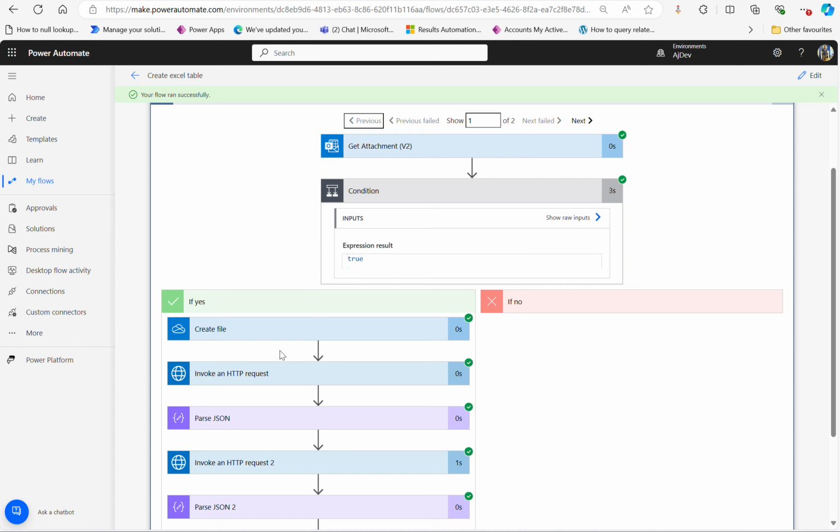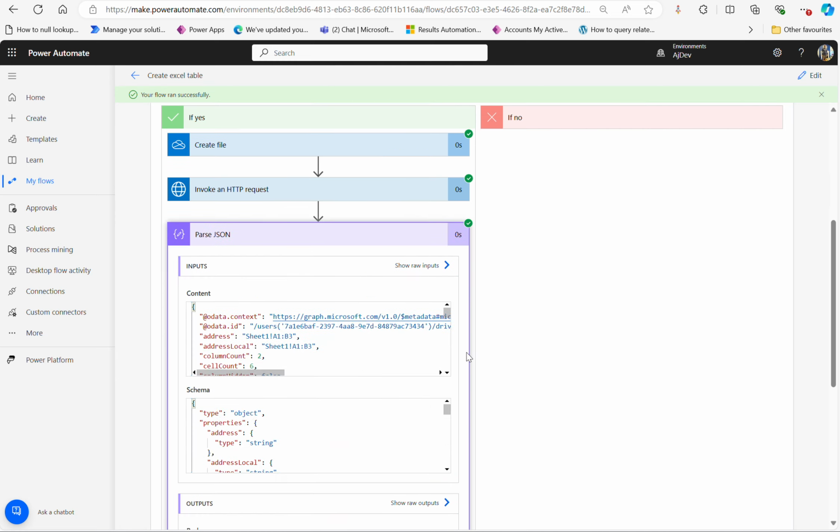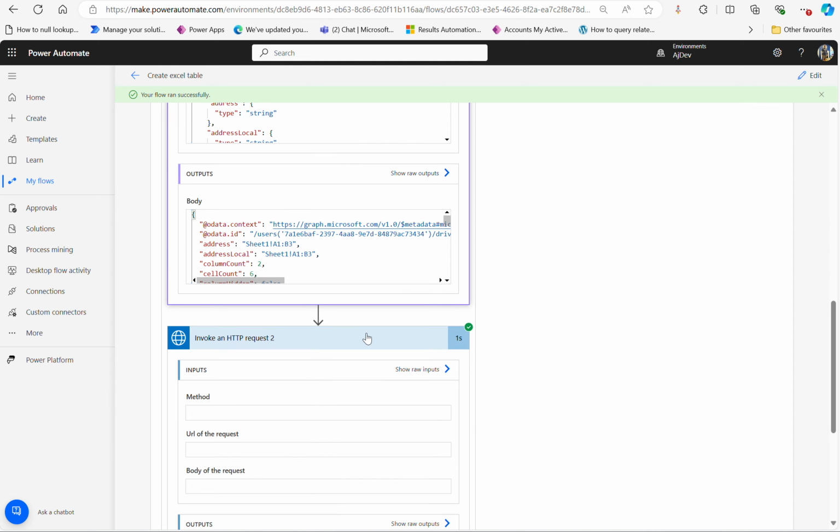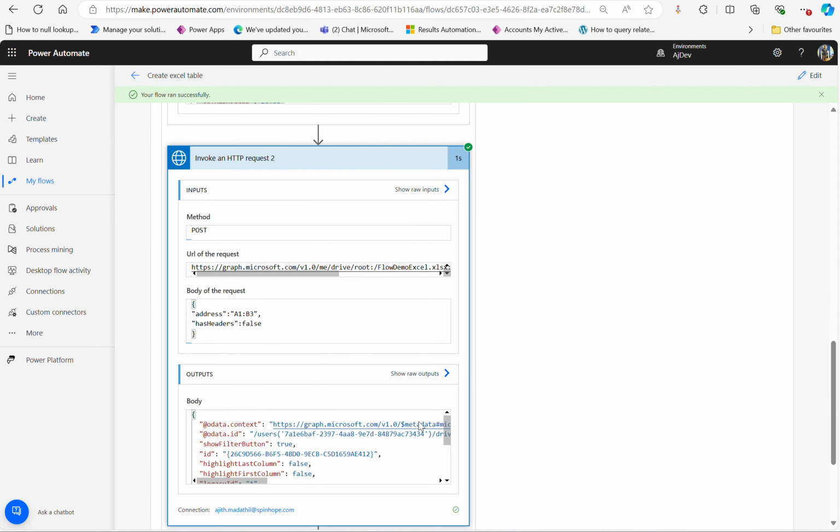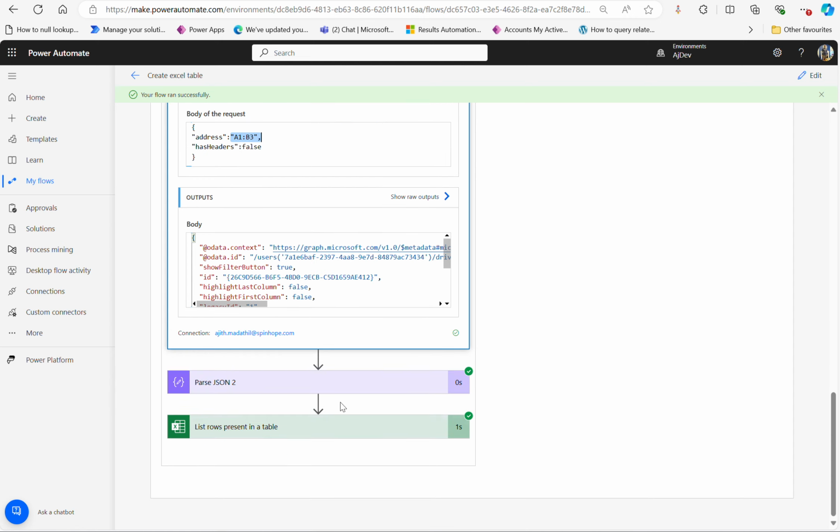That's the first one. It created the file. It invoked the HTTP request. It passed the file, the JSON of the result set. Here we go. That's sheet 1 A1 to B3. That's the range, but I am only interested in the A1 colon B3. That's the reason. Remember, I put that additional expression here, the last split expression to get that. So that's the technique. And I got the address, the range for the address, and then that created also,